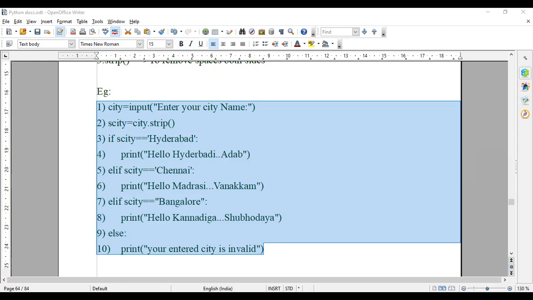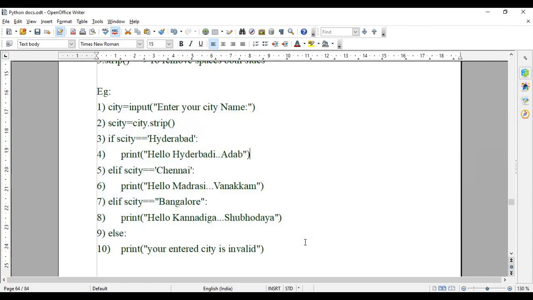But I will show you this example. You can change it instead of Madrasi. That is Tamil, not Madrasi. Madrasi means just a few kilometers of people only. You can say Tamil. I'm not saying who is Tamil.